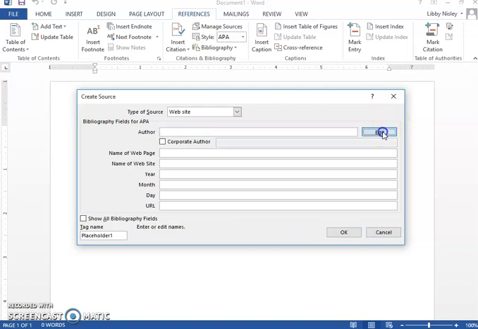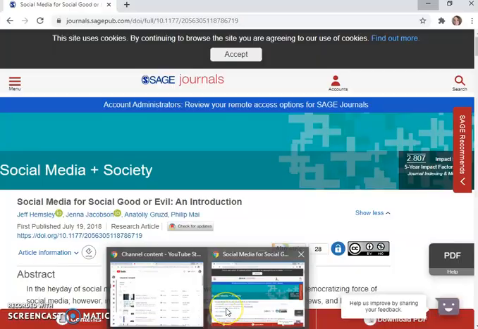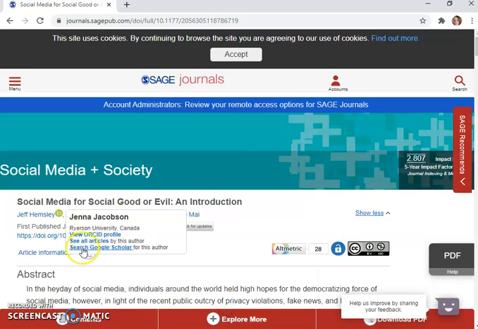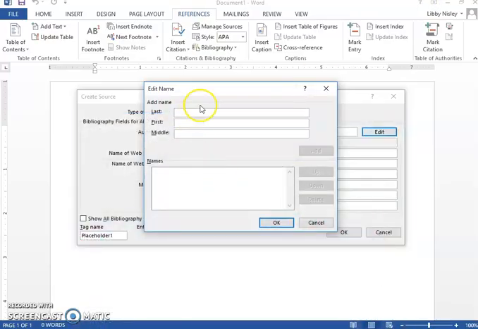Now I'm going to edit the authors. Remember, I had like 4 authors if you were watching before. Oop. So we're going to have to bring those up. Jeff Hemsley, Jenna Jacobson. So Hemsley, Jeff, add. Jacobson, Jenna, add,